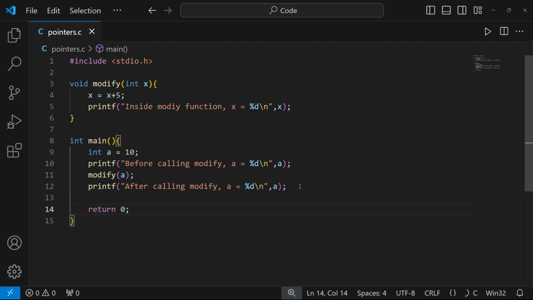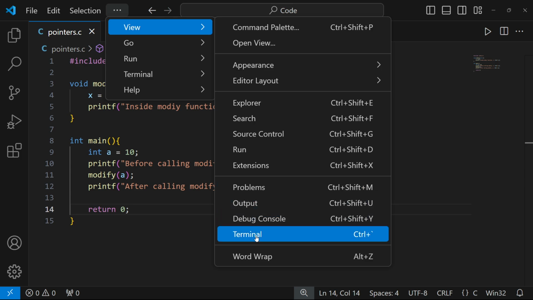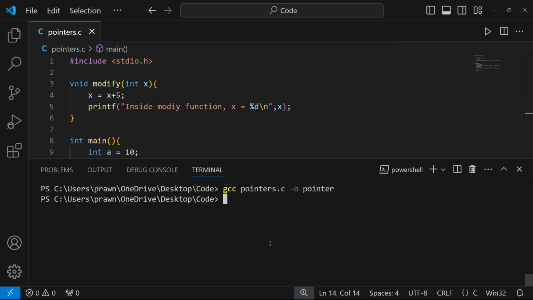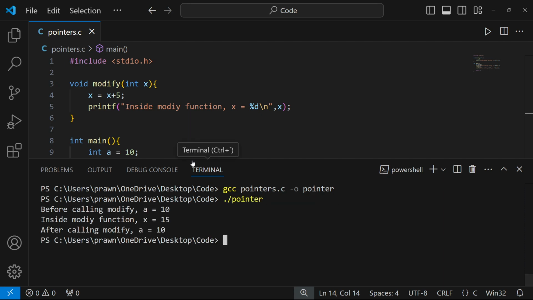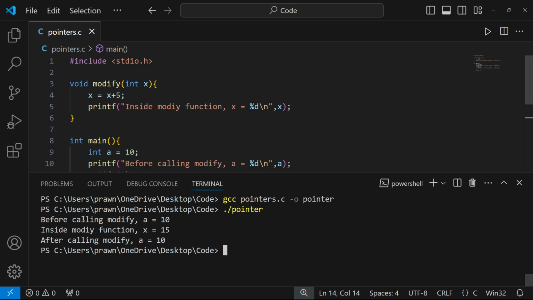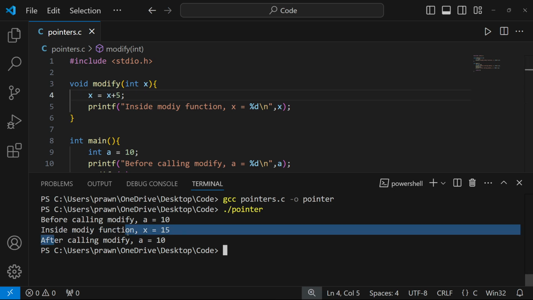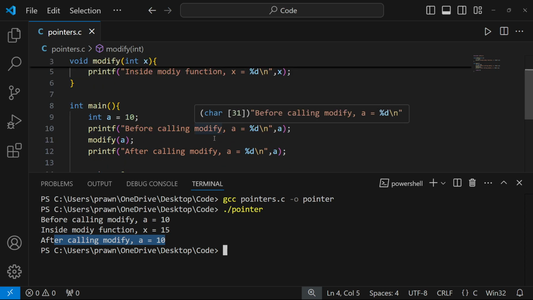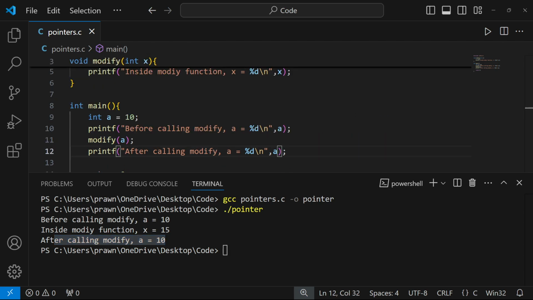Now in this case, if we run this program, you can see that before calling modify, the value of a was 10. Inside the function, the value incremented, but that is the value of the local variable x, that is the value of a which we pass to this function. But after calling modify, the value of a still remains the same. So what happens here is the function only modifies a copy of a. So a in the main function remains unaffected, and when we print a after the function call,